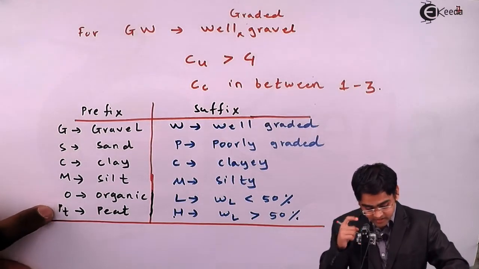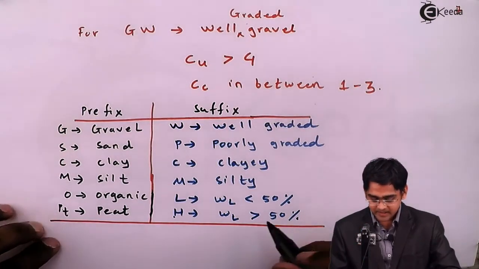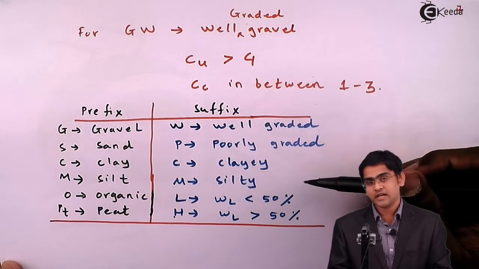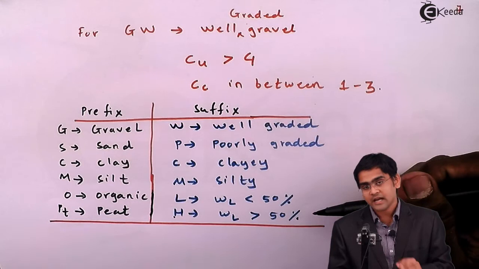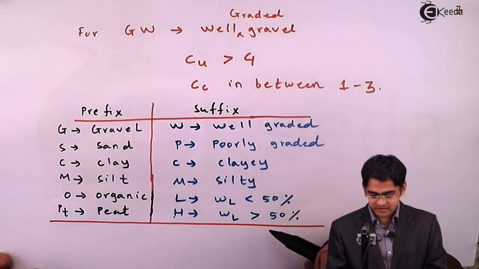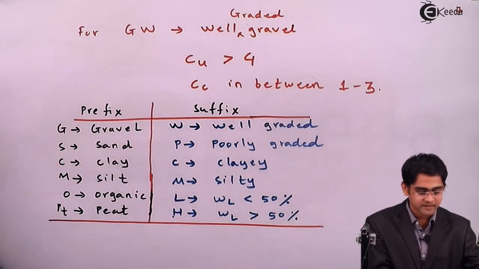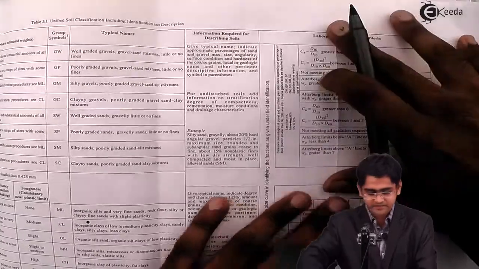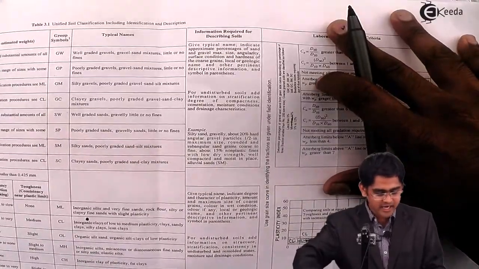O is for organic, and PT is for peat, and W for well graded, P for poorly graded, C for clayey, M is for silty, and L and H. L is when you have the liquid limit less than 50%, and H is when you have liquid limit greater than 50%. So in unified soil classification system, it is specifically said that if you have